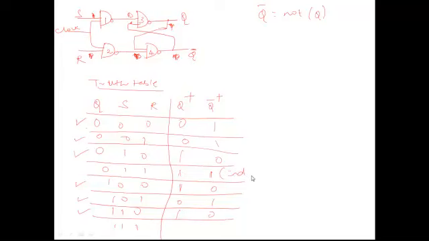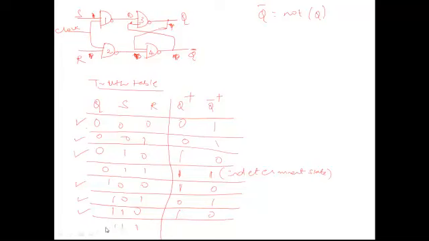Why do I call it an indeterminate state? Because we all know that Q bar is the complement of Q. In all these combinations you can see, when Q is 0, Q bar is the complement of Q. Every combination you see, Q bar is the complement of Q. But for this combination, Q and Q bar take the same value of 1 and 1. So we call it an indeterminate state. So this should not actually happen.